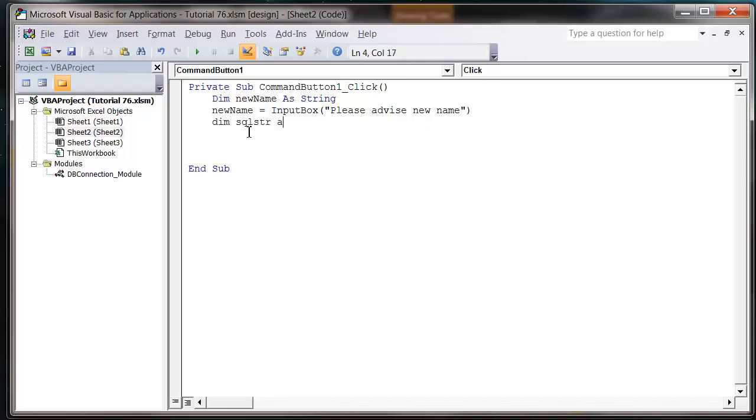But we then want to put in our SQL string, so Dim SQLStr As String and SQLStr equals, and then we want to put UPDATE, and then we put the name of the table, so Users, and we want to SET, and then square bracket UserName equals apostrophe because it's text, and then we want to set it to the new name, and then closing apostrophe, and then we want to put in a WHERE, and then UserID